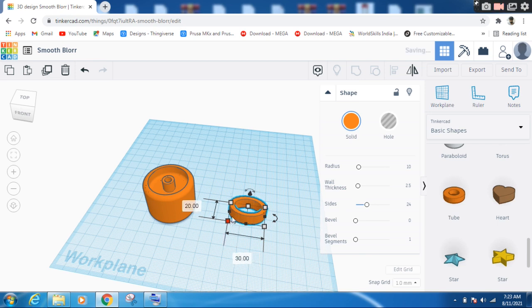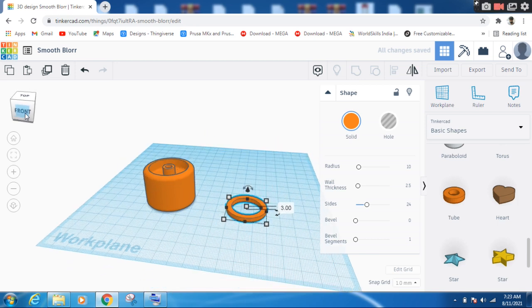Okay, 30 and 30 in this. Let's keep 32 and 32 here. And the height, I'm going to keep the height like 3 mm, so thin like a ring.